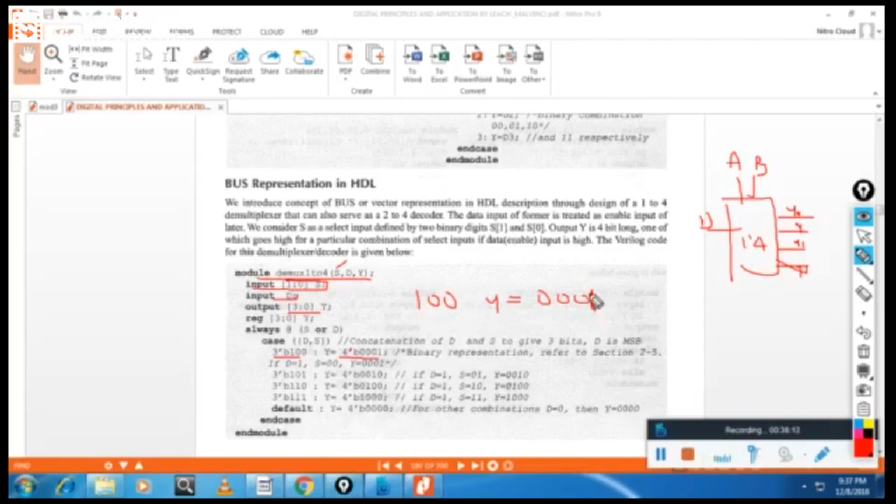So this bit will be 1. Here this bit will be 1. Second case, this bit will be 1. Third case, this bit will be 1. And fourth case, this bit will be 1. So this is the bus representation in HDL.